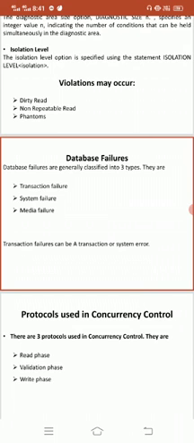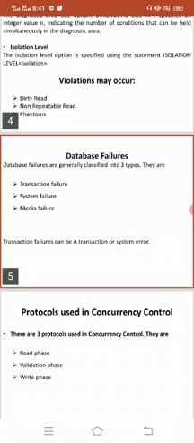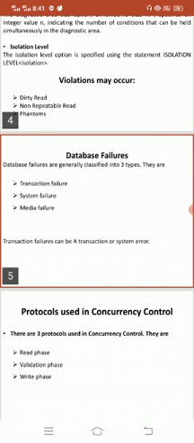So what is meant by system failure here? System failure is a computer failure. The system is nothing but a computer. It means a system crash, or the system is going to hang, or the power supply is not working properly, the hardware devices are not working properly, or the software is not working properly. These are called system failures.